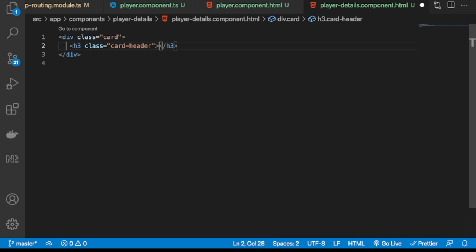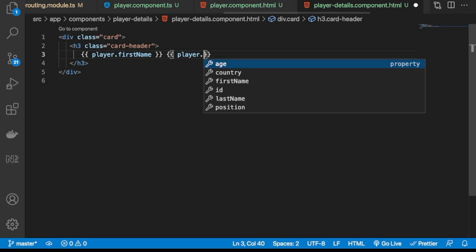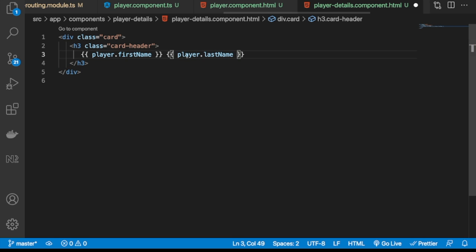There you go. And then we want to add the first name, the last name of the player. So we already have that data in our player variable, so we can do player dot first name. Okay, and then we can also add the last name here, so we can also do player dot last name. All right, so we have that for the header,